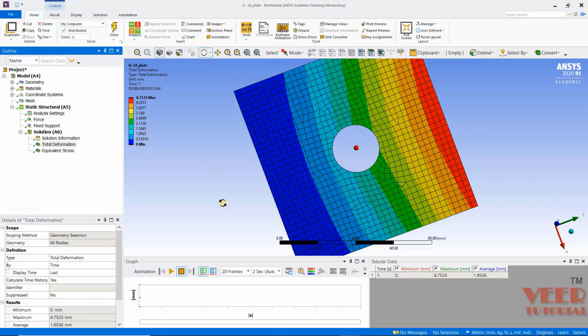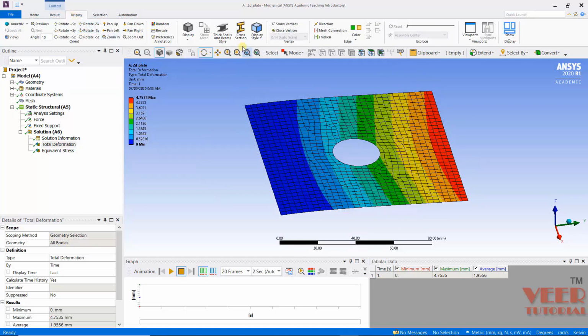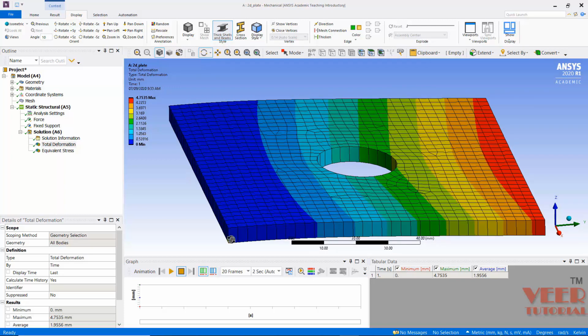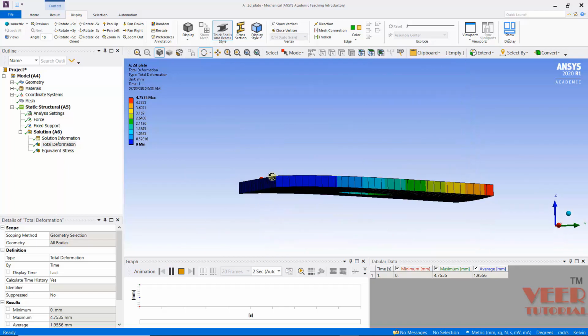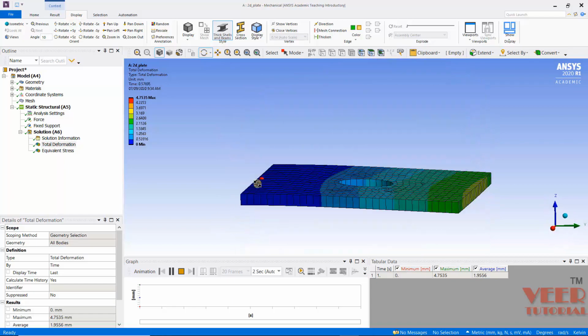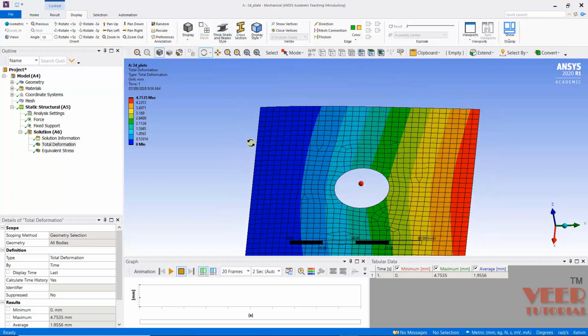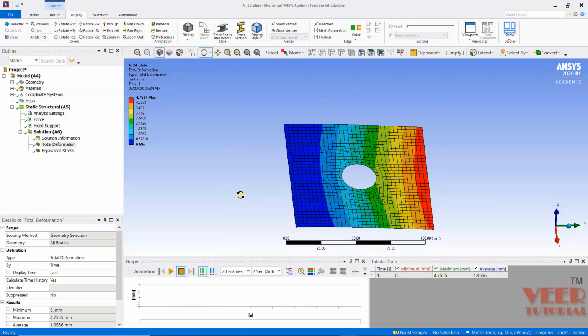So if you want to see a 3D preview of this, I will go to this display and make a check on this thick shell and beam style. So now we can see we have a 3D preview of this. So I can go to this animate and you can see the animation. So I can make a uncheck on this. So now we have a 2D view. So in this way we can perform a mid-surfacing analysis.